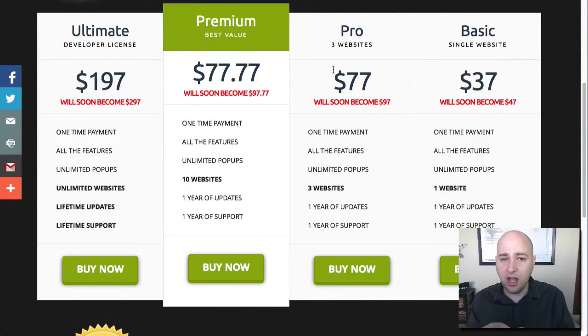So all of these different packages include every feature. The only difference from package to package is how many sites you can install it on, number one, and how long the support period lasts. The three packages, Basic, Pro, and Premium, are all 1 year support, 1 year updates, which is pretty much a standard.